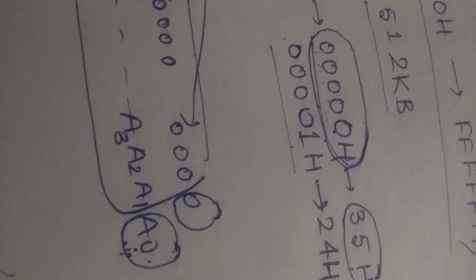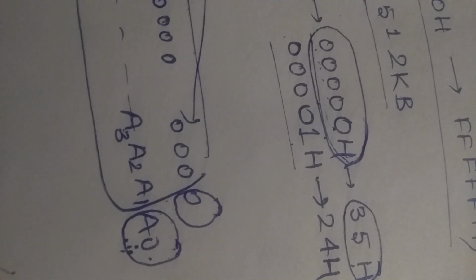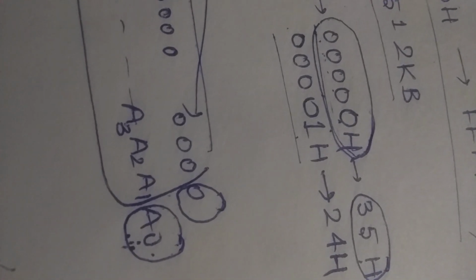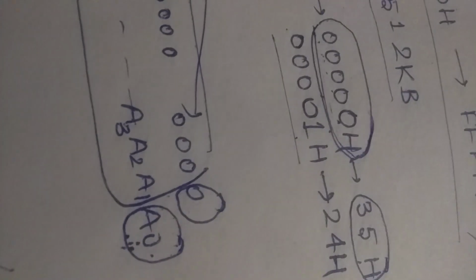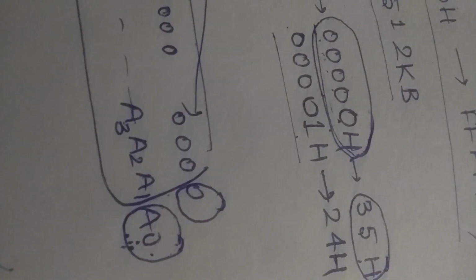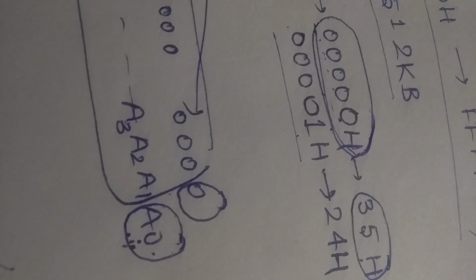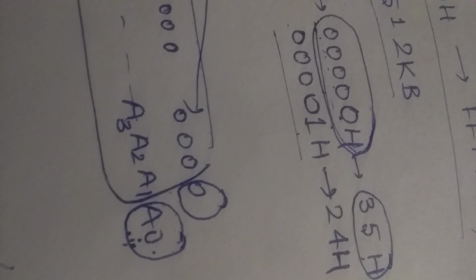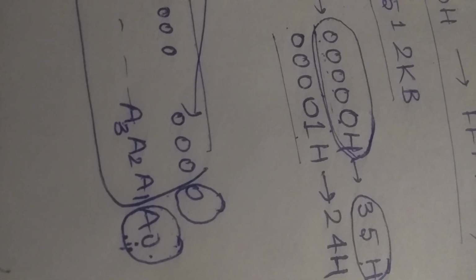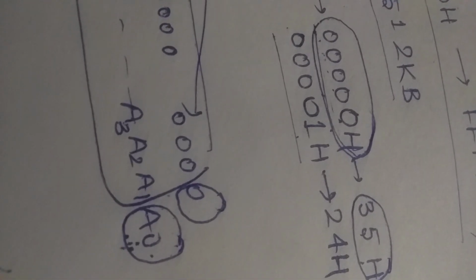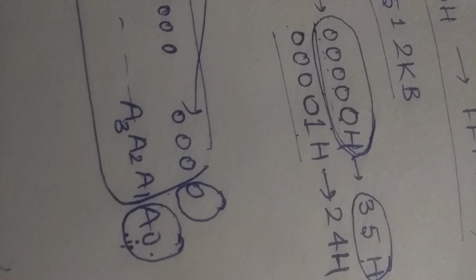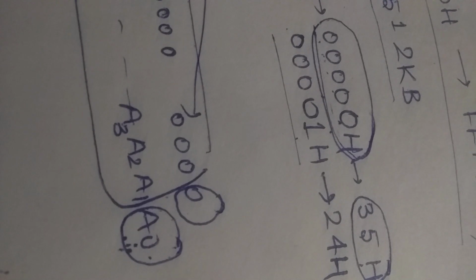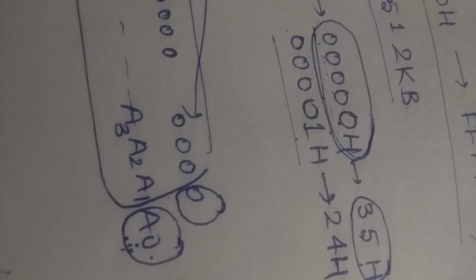So when we have to read this data, corresponding to this 00000H, the even bank will be enabled and 35H will be loaded to D0 to D7. And as we have also enabled BHE bar, that is the odd bank, the higher order data, that is 24H, will be loaded on D8 to D15, the higher order data lines. So in this way, the 16-bit data will be loaded from D0 to D15 and given to the processor. Thank you.